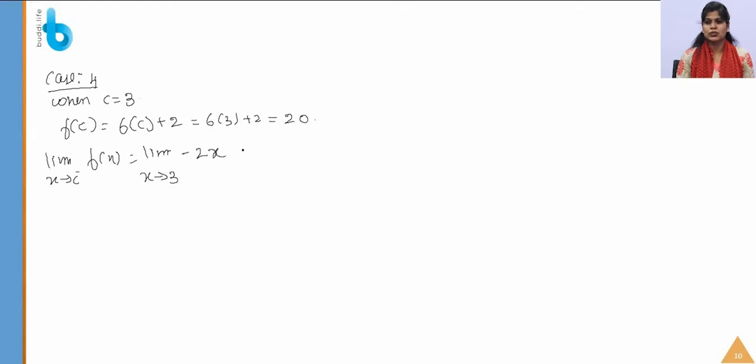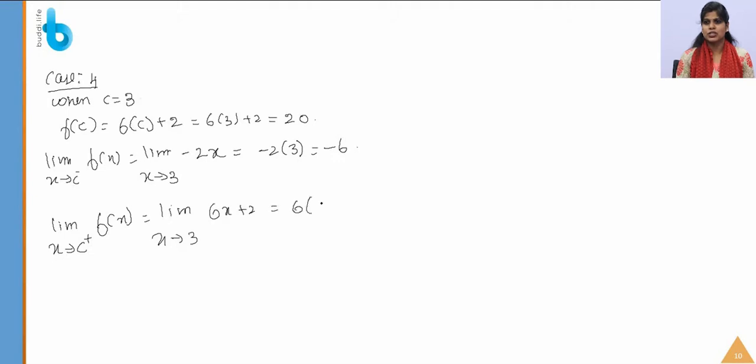Minus 2x, and minus 2 into 3 is minus 6. And limit x tends to c plus, that is the right hand limit. So limit x tends to 3, what is the right hand limit? 6x plus 2, and substitute the limit